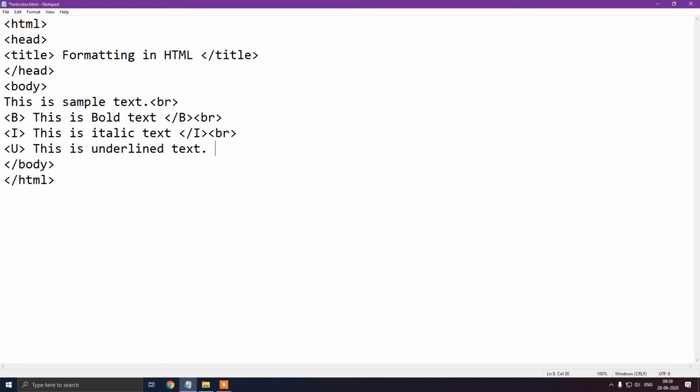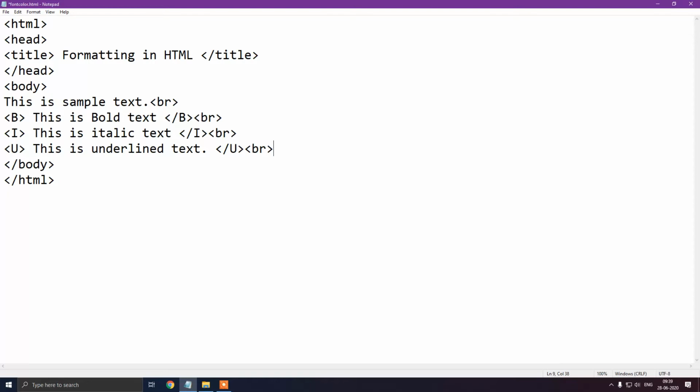Then we will close this underline tag. Then line break tag. Okay, so this is the coding for this bold text, italic text, and underlined text. That is BIU. Very simple it is. For bold it is B tag, for italic it is I tag, and for underline it is U tag.